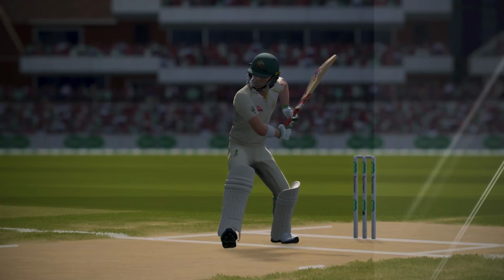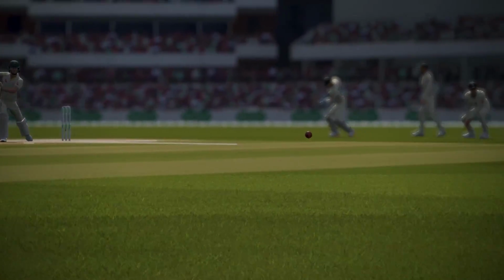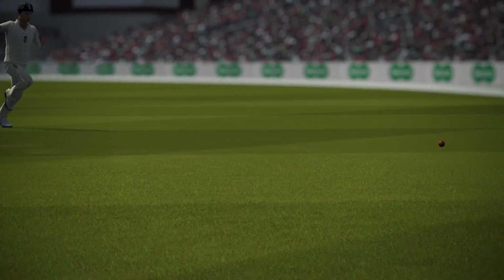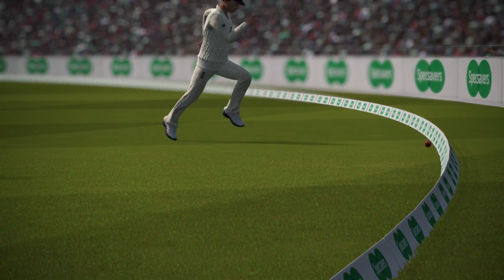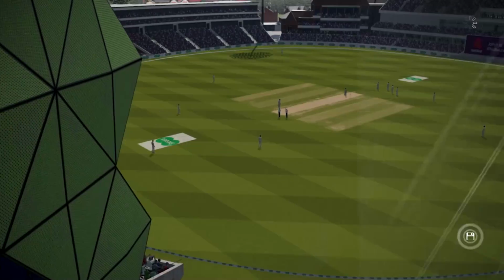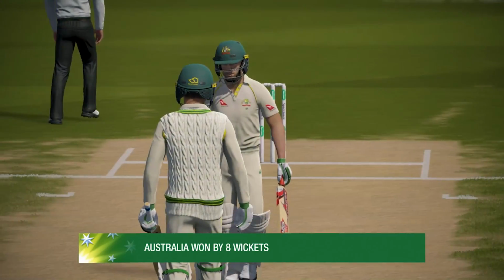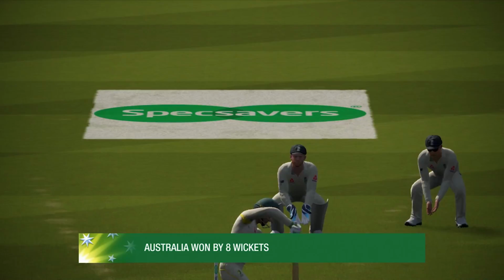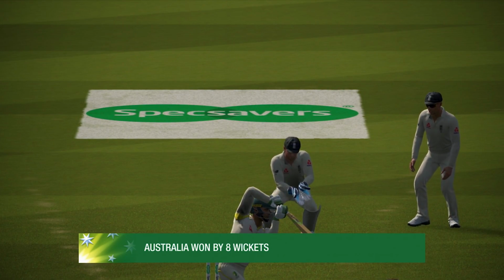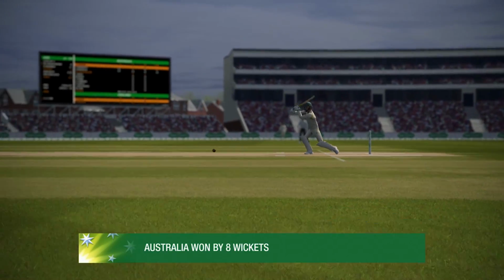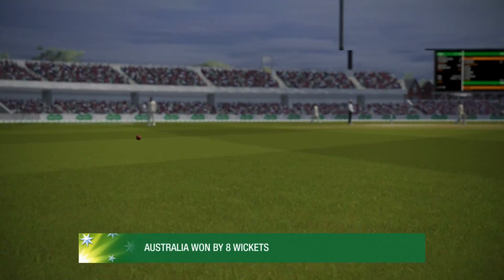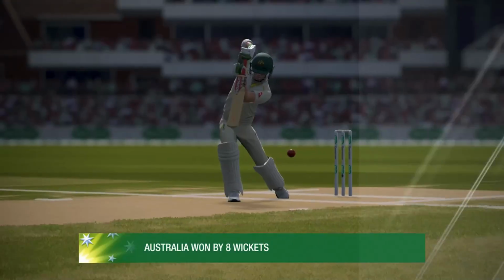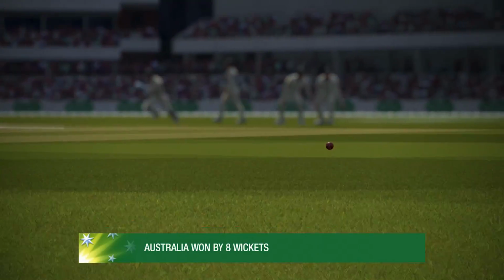Australia lead the series 2-1. They win here at Headingley. And this series is closing in on a big finish. Australia just need to draw one of the next 2 matches in order to retain the Ashes. England, of course, must win the next 2 games to be able to win the series and win the Ashes back. So Australia, they win by 8 wickets in what was quite a convincing victory. Not really too much required from them. Only 1 real long batting stint out in the middle.